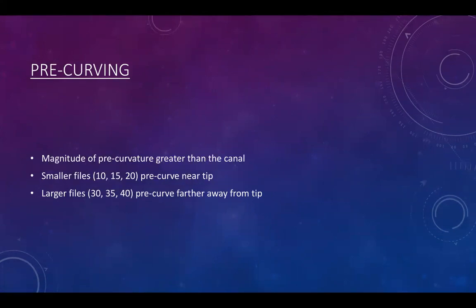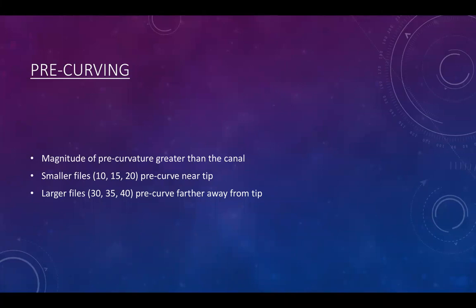Pre-curving is something we're all familiar with, especially with molars, which have a curved canal, and we want to adapt the file to the curvature of the canal. So with pre-curving of the file, the magnitude of the curvature should always be greater than the actual curvature of the canal. Smaller files, such as the 10, 15, or 20 K-file, should be pre-curved closer to the tip, which